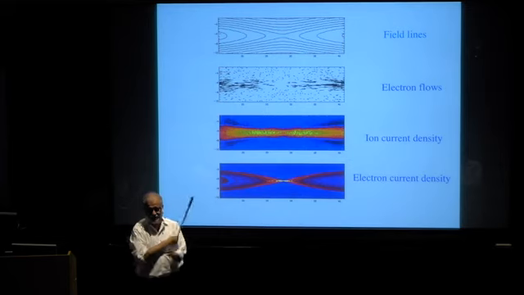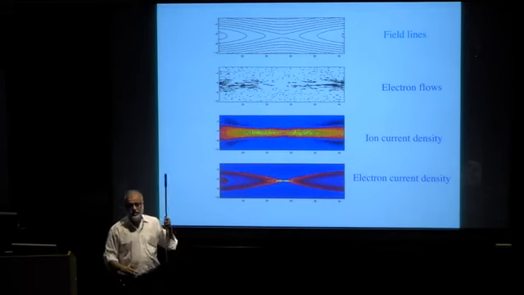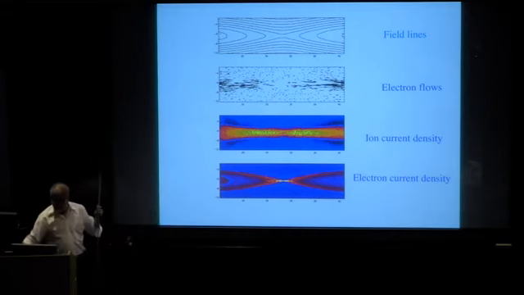But what happens in these problems is that your reconnection layer is this. There's an ion scale, and there is a buried electron scale. So it's really a multi-scale problem, as is the title of this summer school, of electron scales and ion scales, then coupling to the larger MHD scales out there.